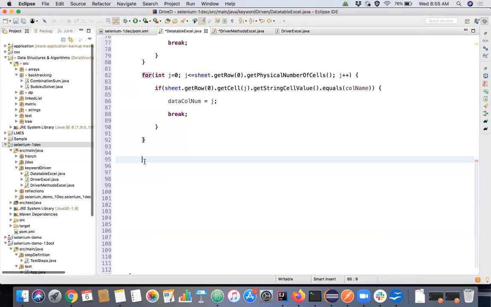So what is the one final thing that I wanted to do here? I know the row number of the data that we are looking for. I know the column number of the data we are looking for. I just wanted to go to the particular row and column and take the data out from that Excel sheet. That's the only thing that is remaining. So let's say I'm assigning a value, a String. Let's say output is equal to